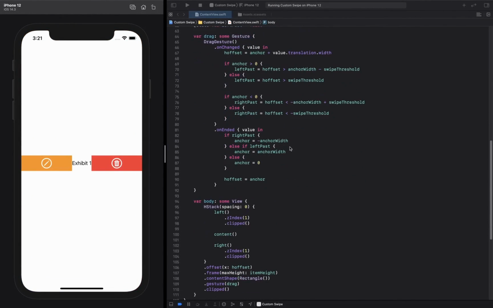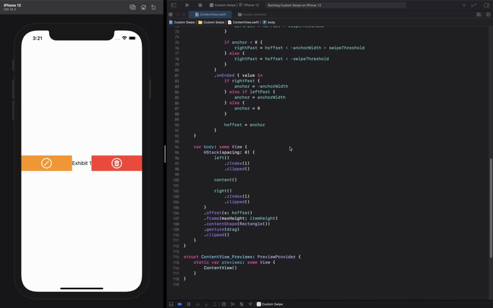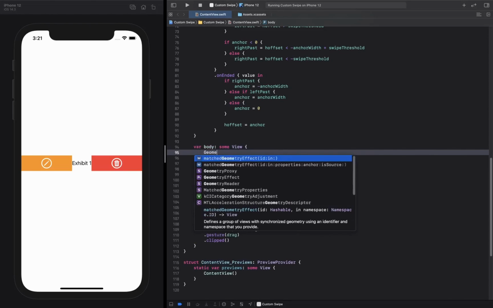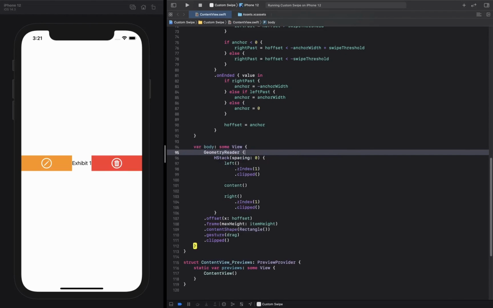So as you can see, we have problems immediately. And the reason is because we forgot to set the size of each content. The size is very specific. Our middle content should always take up the width of the entire container that it is in, which means we need to use a geometry reader. So I'm going to wrap our HStack in a geometry reader